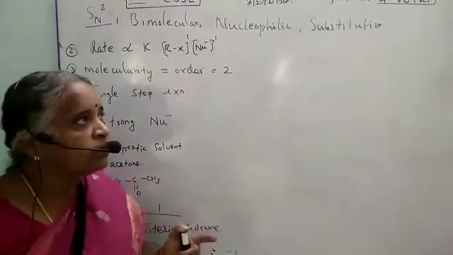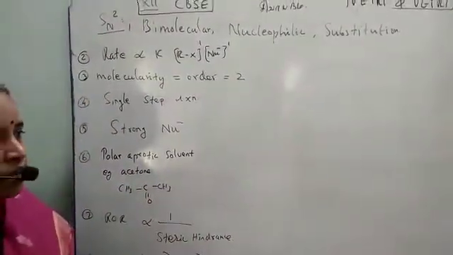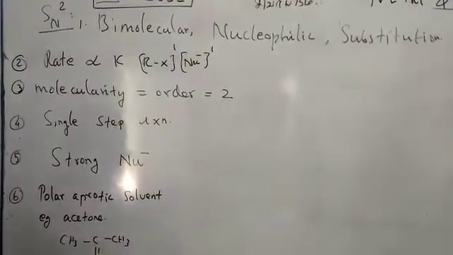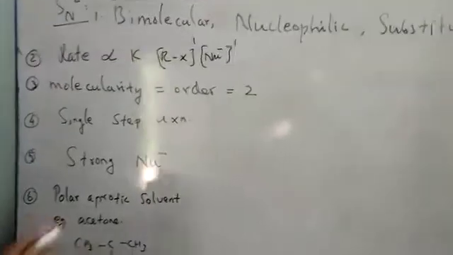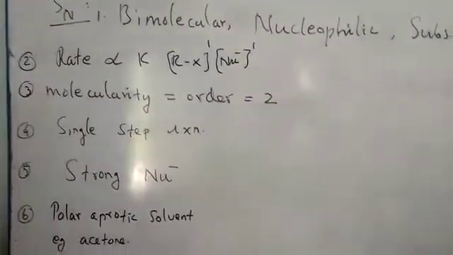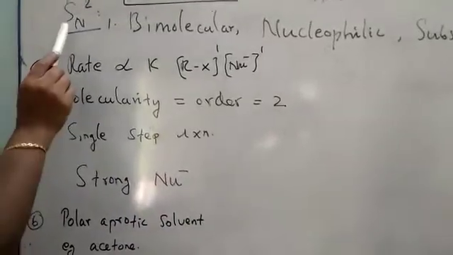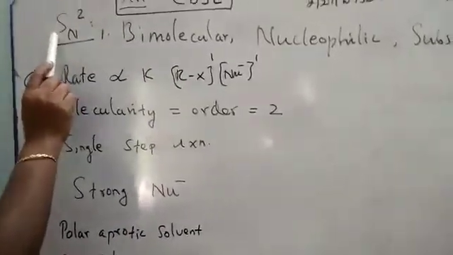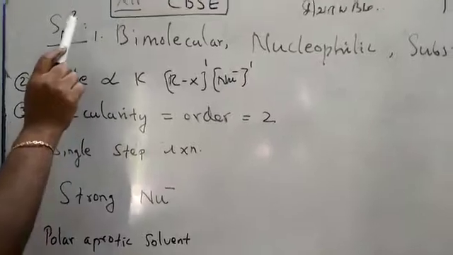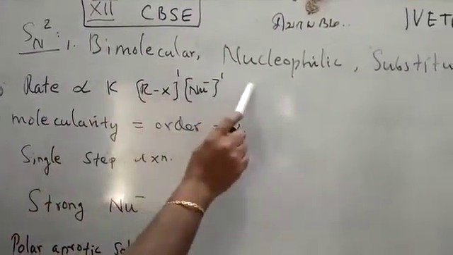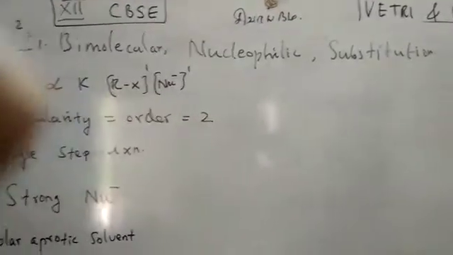Regarding nucleophilic substitution, I gave the introduction point. Now we are going to see some examples, which we also finished in the previous class. Today we are going to see the SN2 reaction. In the SN2, let us see one by one. What does S mean? Substitution reaction, N is nucleophile, and it is 2. So it is given as a bimolecular nucleophilic substitution reaction.